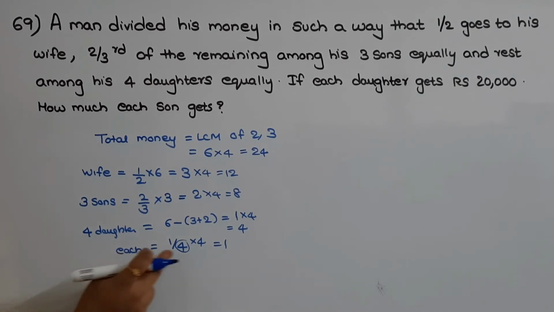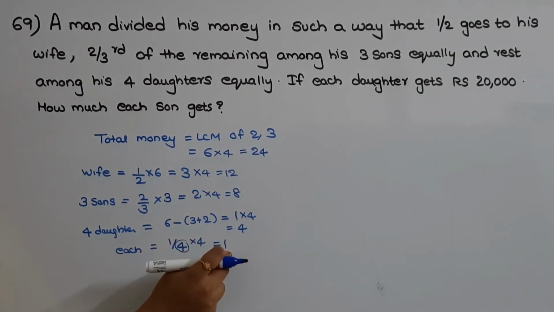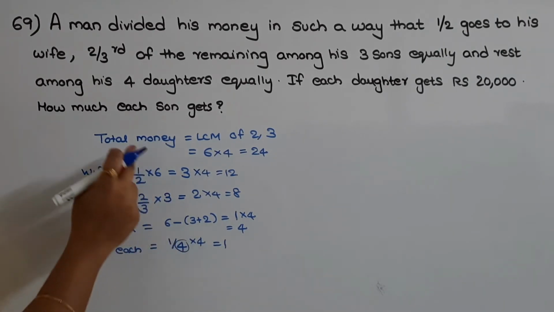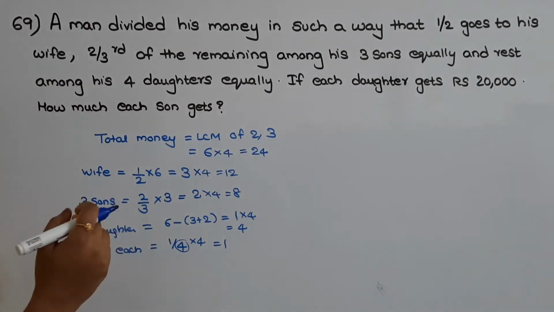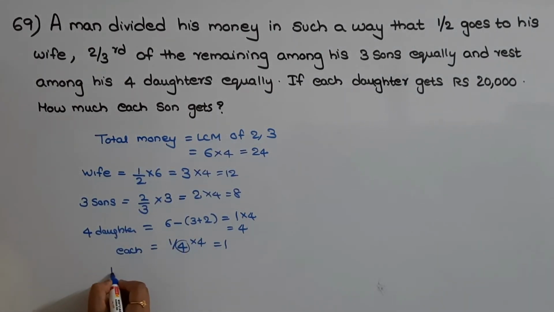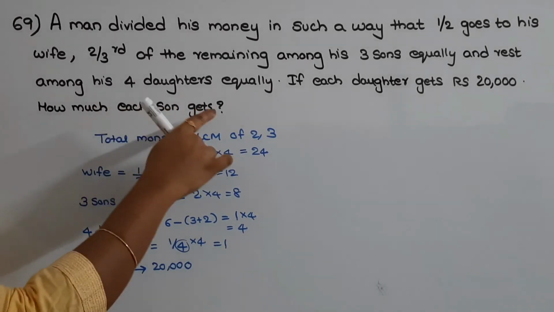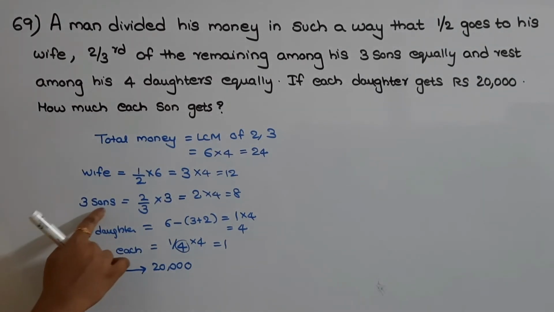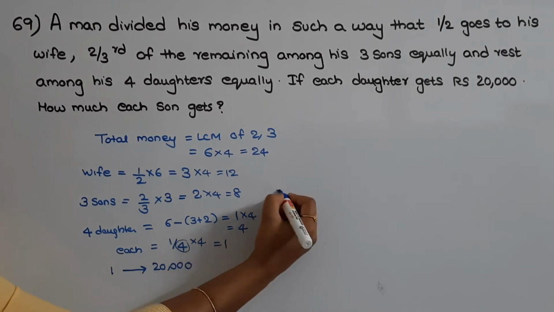Okay, so each daughter will get 1 when the total money is 24. But in the question they are telling that each daughter will get rupees 20,000. So we can represent this 1 as rupees 20,000. Okay, so we need to find out what each son gets. 3 sons get 8. Then what will each son get? Each son will get